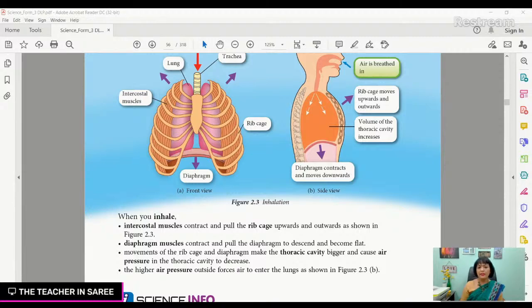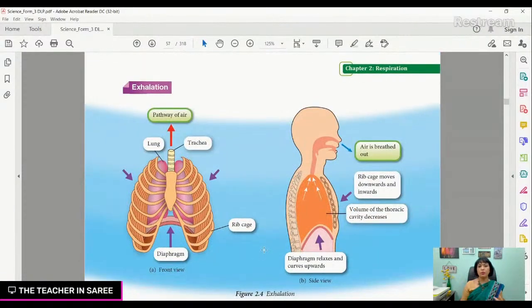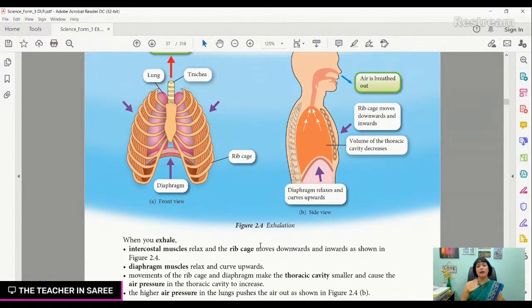Okay, how about when you're exhaling? Exhalation is totally different, I will come to it. Okay, exhalation. The intercostal muscles, by right, actually they shouldn't write relax because muscles will always start the action by contracting first. But never mind, we just follow whatever it is. Even if your textbook makes a mistake, we still have to honor it and use it. It's not a mistake, but it's not proper to say muscles relax first. Muscles don't start the action with relaxing. They start with contracting. That is their work.